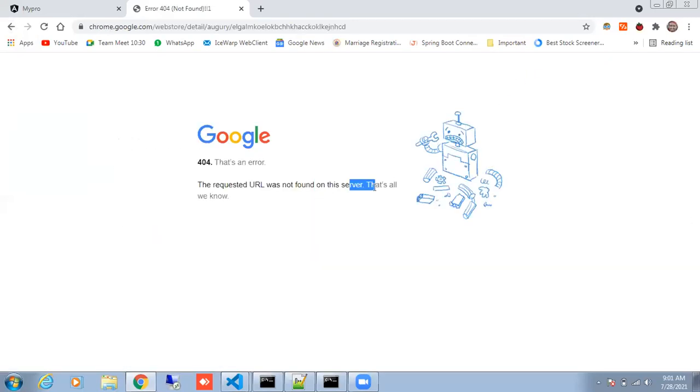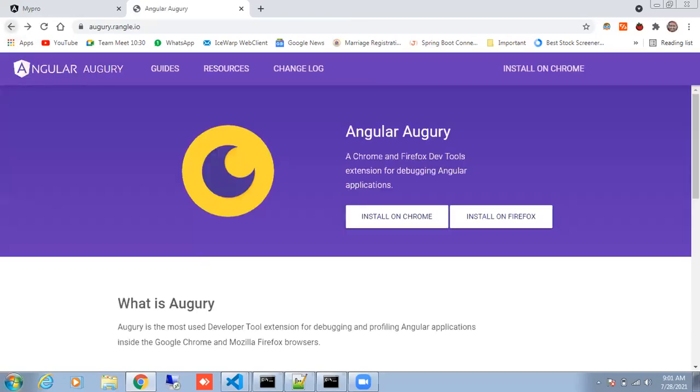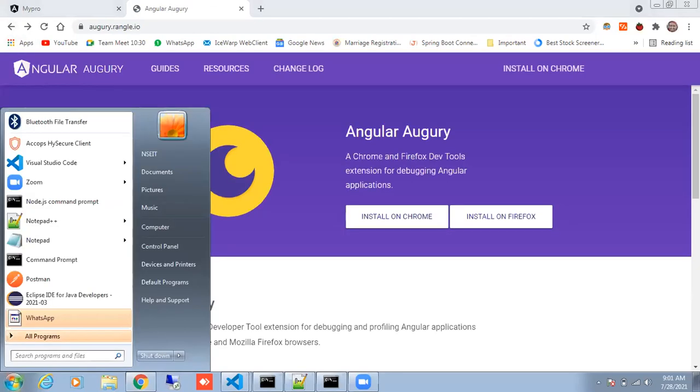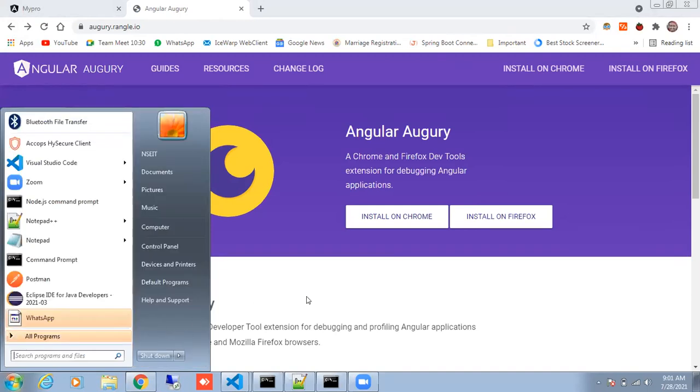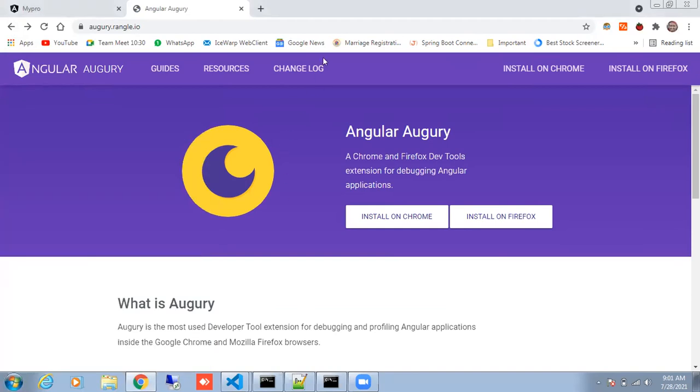So do you have Firefox also? No, I don't have Firefox. Okay. So Banali, for you it is having the same error. Okay, I think the website may have some issue. So no problem, we can install it later.